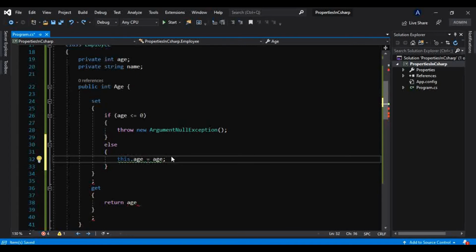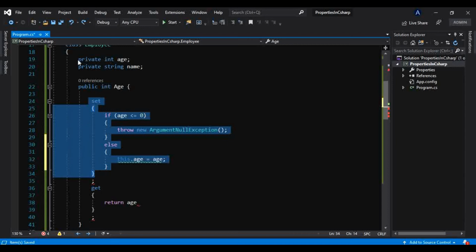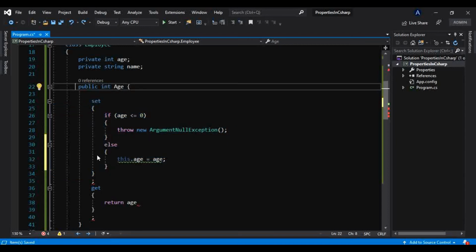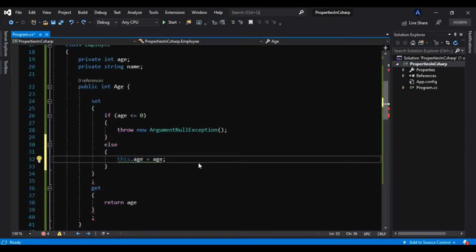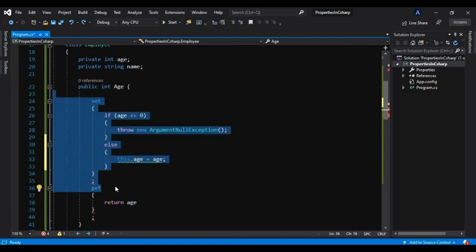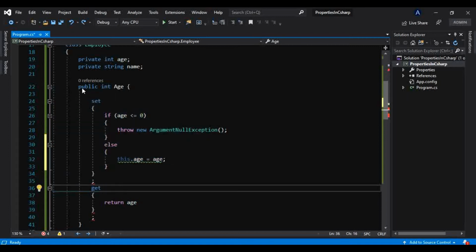Now again you guys might be wondering that we are not getting any values inside this property. Like we take a constructor and provide a value in that constructor, then we initialize our fields, but there is no value coming in this property. So how is the value coming in this property?